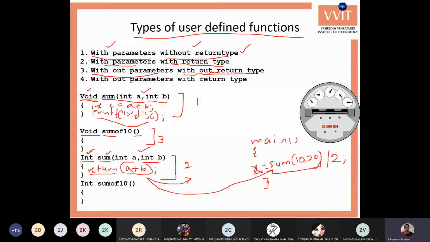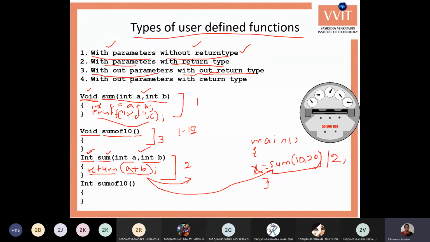Because this function is the sum of 10 values, the sum of 1 to 10. Does it require any input value? No, because we don't have any unknown value here. 1 to 10 is nothing but the beginning value and ending value, which we know. So there are no unknown values here. So I will write a for loop, find the sum value and print the sum value within the function itself. I'll write a for loop and repeat the loop with sum equal to sum plus i. We'll get the sum value and it is printed in the function itself. So there is no output value required and no input value required for this function.